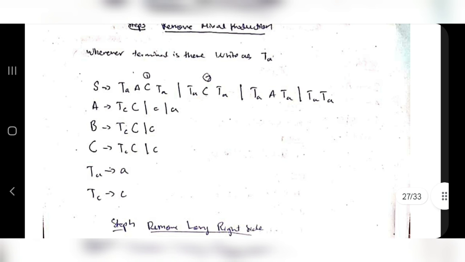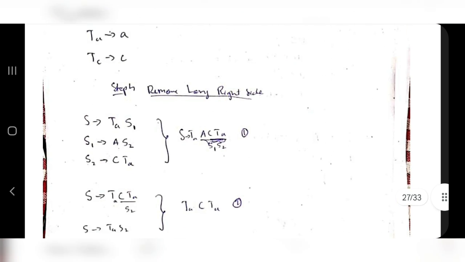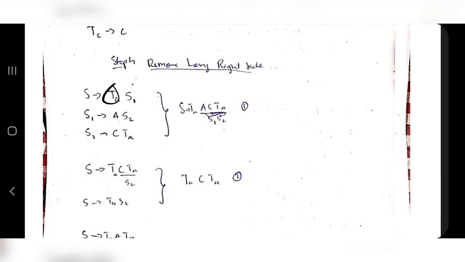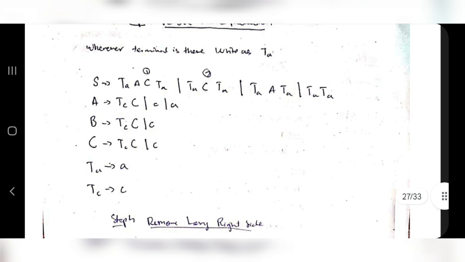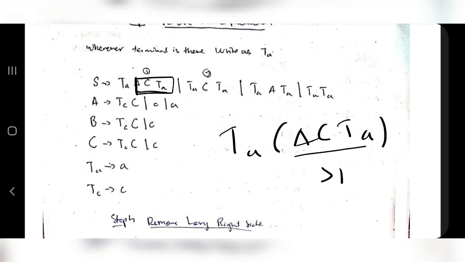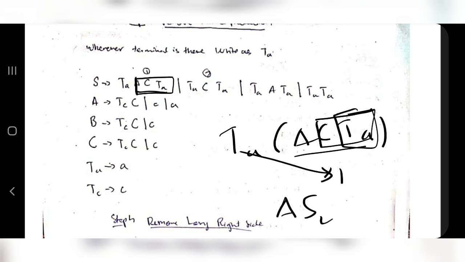In each of these strings, there should be only two letters, TA and A only. But we cannot eliminate C and TA also. So what we'll be doing is taking the combinations as TA and S1. What is S1? S1 is nothing but whatever remains after taking TA. So I've written TA into A, C, TA, and I've considered this as S1. So it will be TA S1. Now S1 I can write as A into S2, and then S2 can be written as C into S3, right?